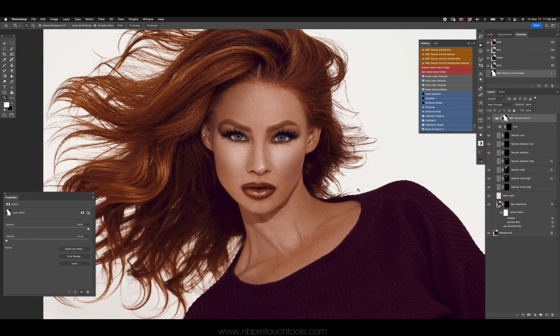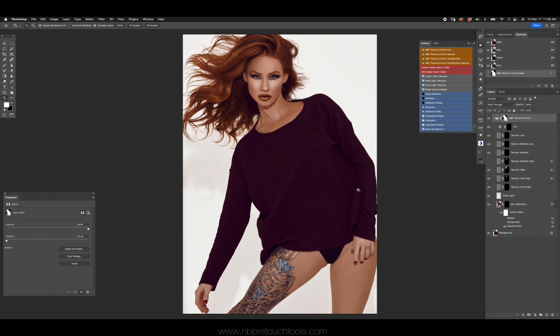So that is the basics of NBP Texture Control Pro. As you can see, it is about controlling texture of all kinds. Like I said, I'm not trying to say that it's a perfect solution for a full skin workflow, though you can probably implement it in there. But it's great when you have a stubborn area that needs a specific fix and you're not totally sure of what it needs. So you're going to want some flexibility on your extractions and your blurring,